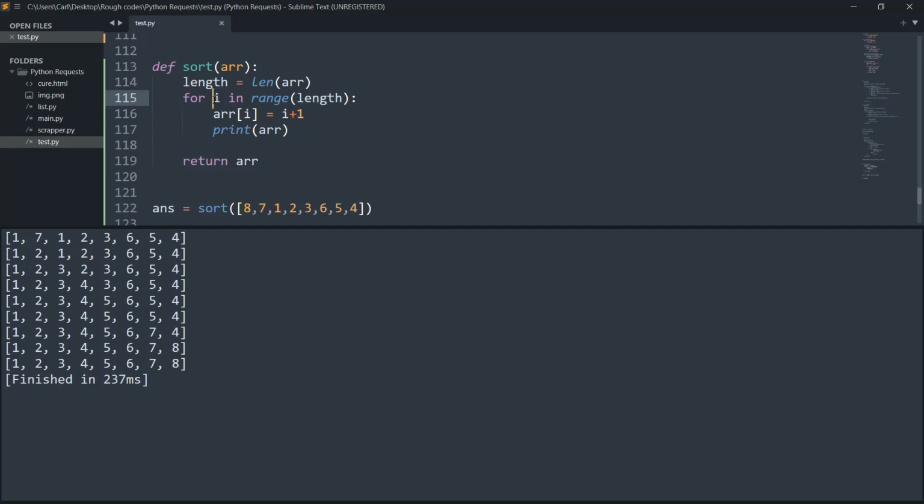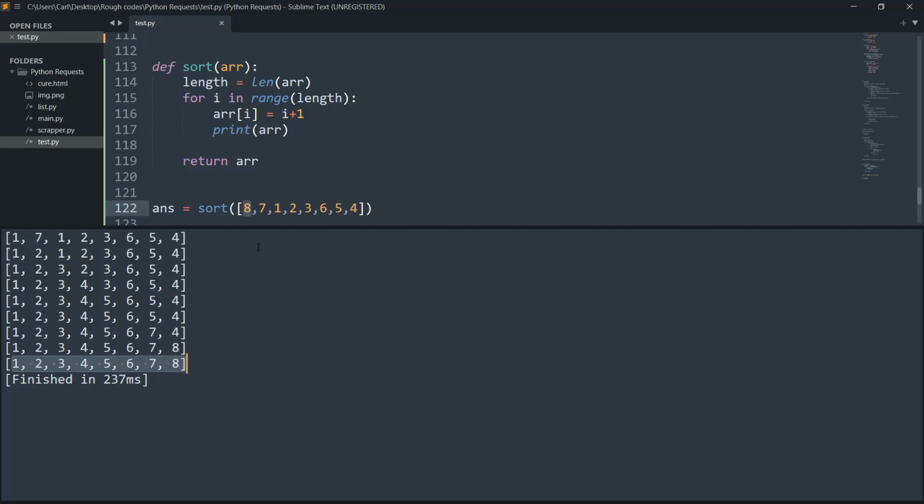So in the first situation, i is going to be 0, and the value at the 0th position will be replaced by 0 plus 1. Okay, so basically here there was 8 that got replaced by 1. Then you can see it keeps increasing. At the second position, it got replaced by 2. Then at the third position, the element got replaced by 3, and this kept on increasing, and kept on happening till the end, where we got an array of sorted elements from 1 to n.